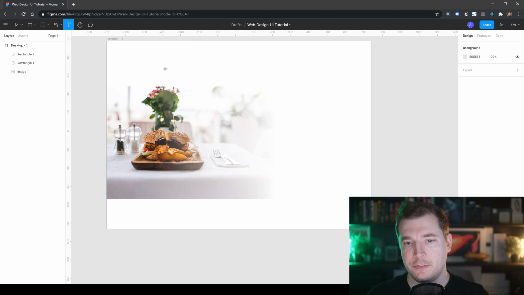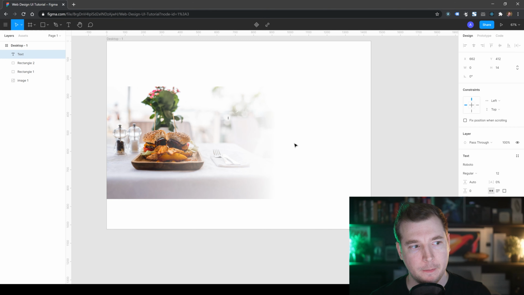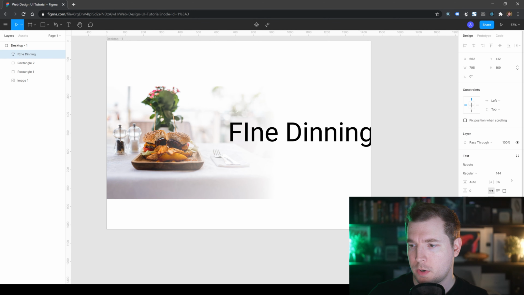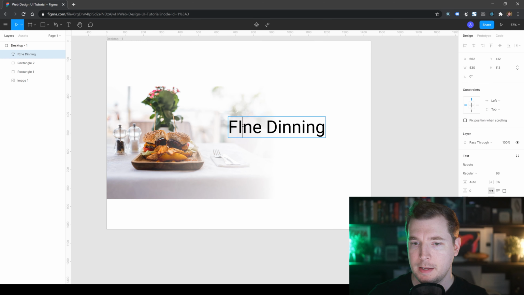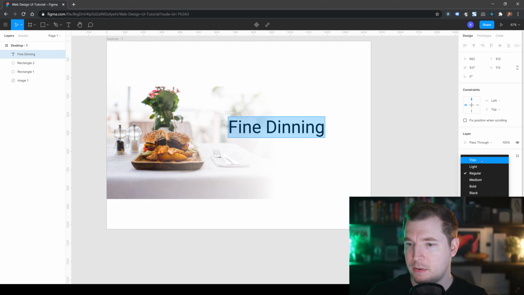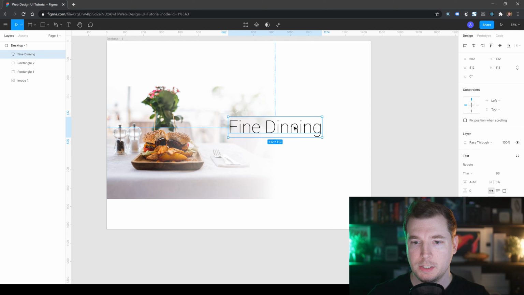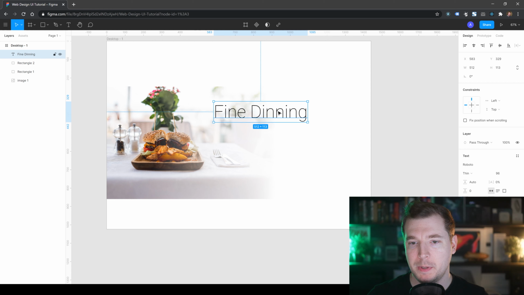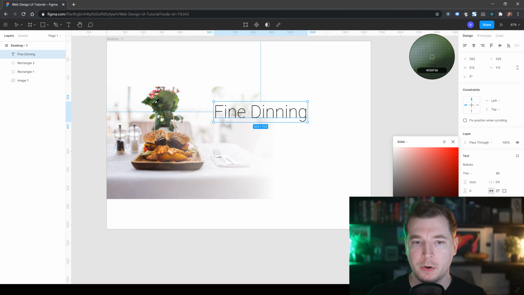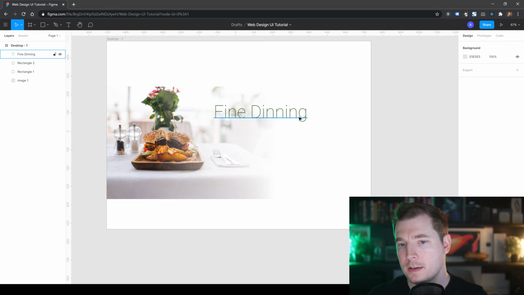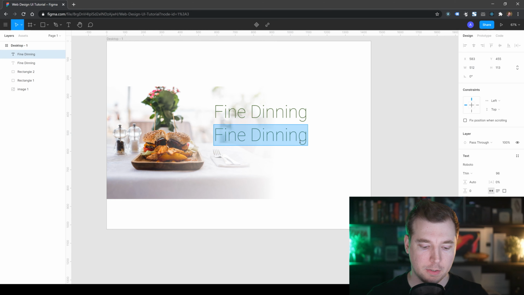Now what we can do is fill out a core message for this slider. Now what I'm thinking is maybe creating a big title saying fine dining. I'm going to make this a lot bigger, maybe something like 114 pixels, maybe 96. And the other thing I'm going to do is set this to have a really thin font. The reason is because in fine dining, or when you're doing a big message in general on sliders, you don't need them to be too big because they're quite readable already. We can also update the color for this. So I'm going to set it as a dark green,